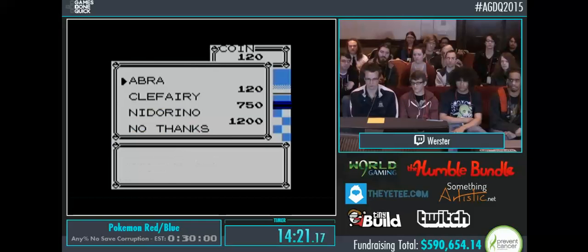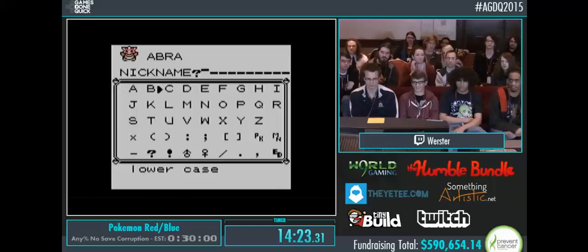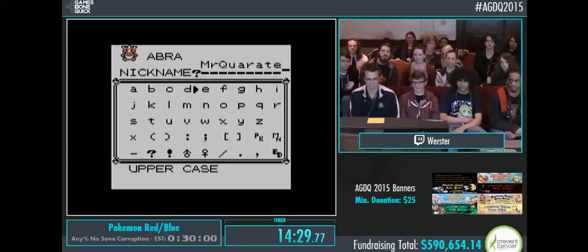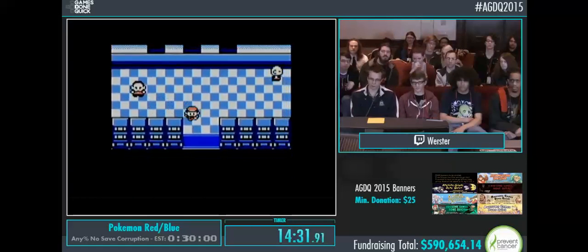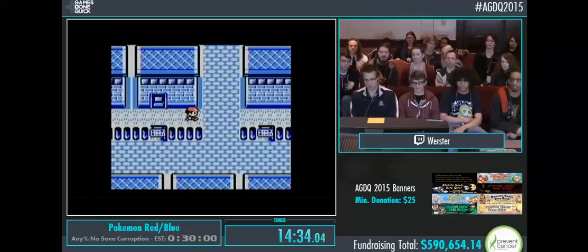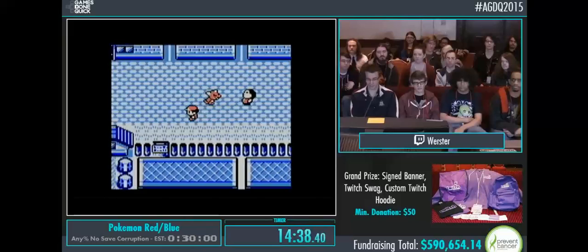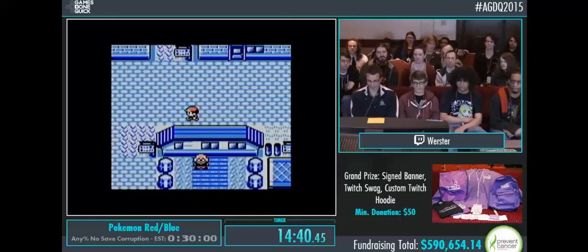Hang on, just 1 second. Okay. An X Defend works best because it increases Abra's defense so he can tank a few more hits. Okay, and so after I buy these items, sorry, I'm getting ahead of myself,